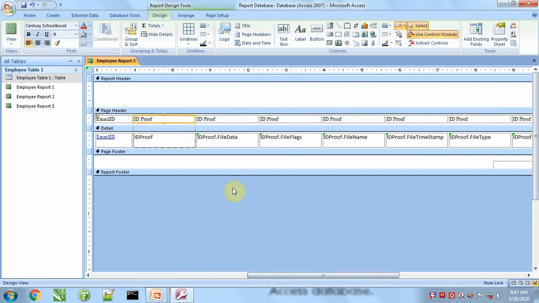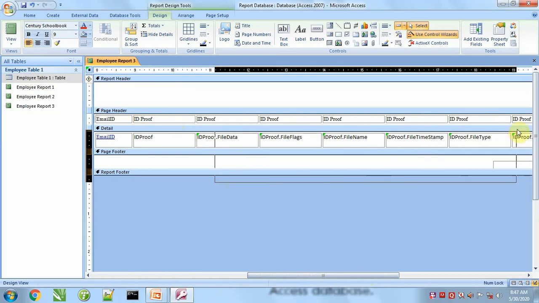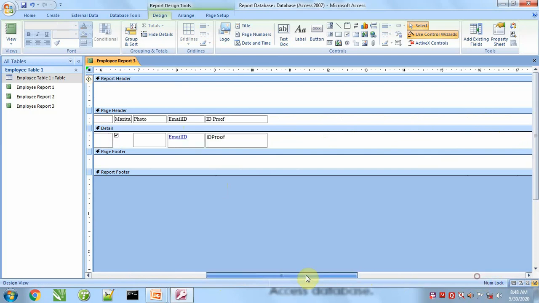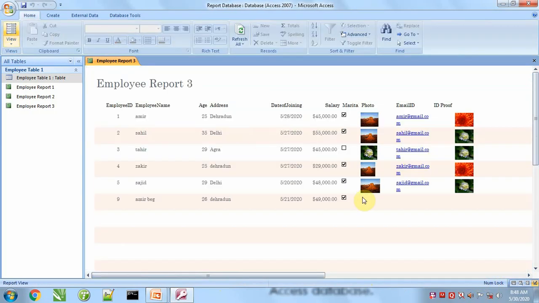This is the base column. All these are the useless columns, so we will select all these columns and delete. Now report is like this.